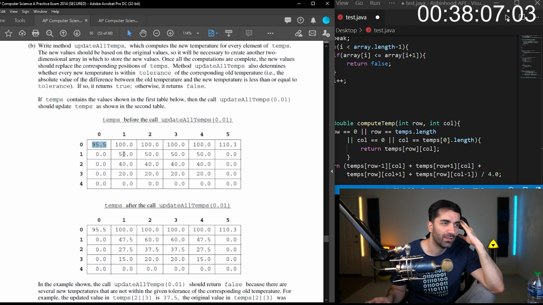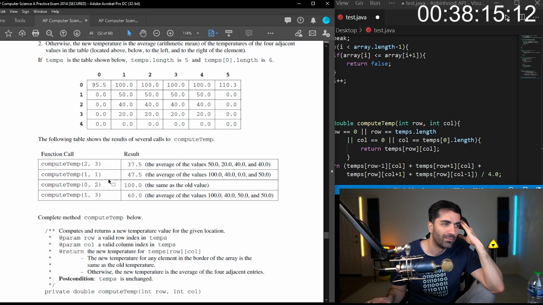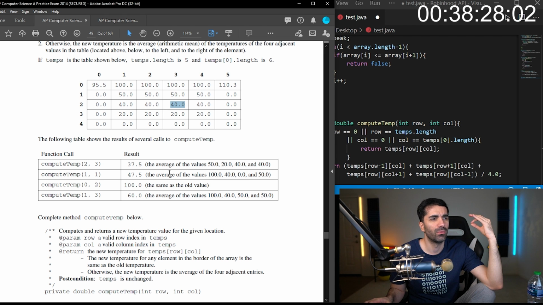So, okay, for 50, it would be 190 divided by 4. So for this one, let's see. 2.3 would be 37.5. So that's not within the tolerance, right? So that would be a false.